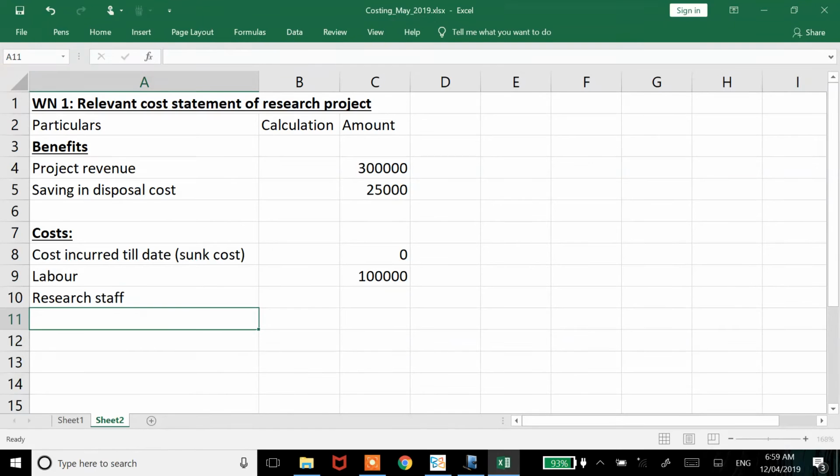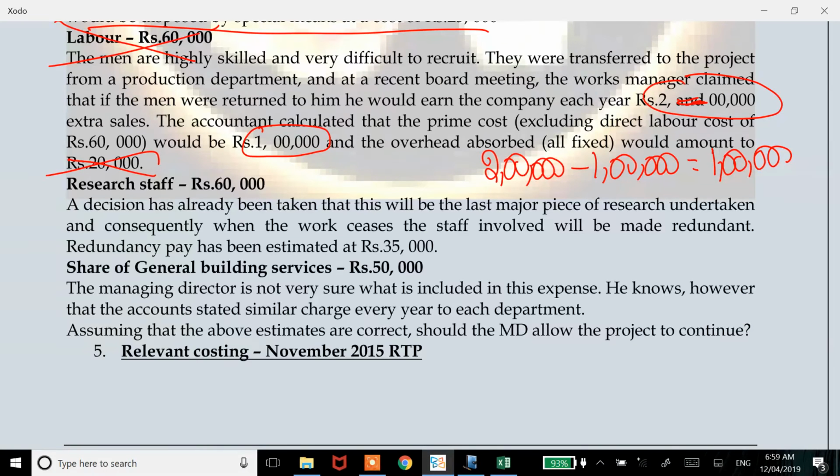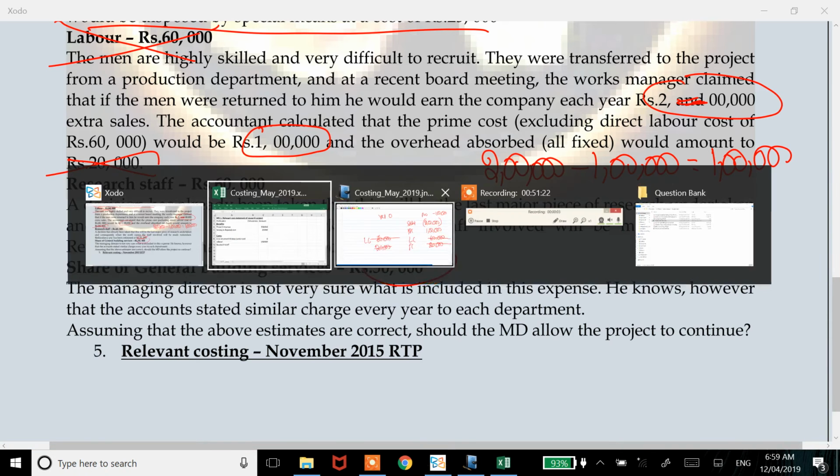What should be the answer for research stuff? A decision has already been taken. This will be the major piece of research undertaken, and when the work gets over, you will make them redundant. Redundancy pay has been estimated at 35,000. Now listen,